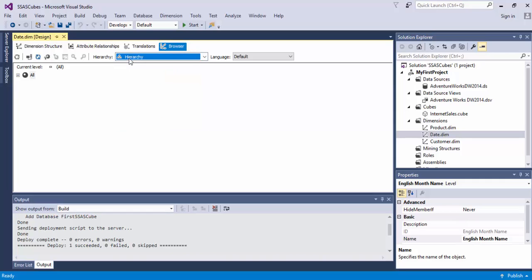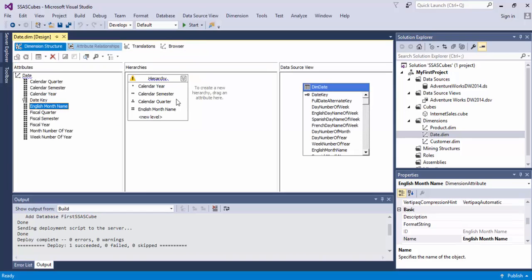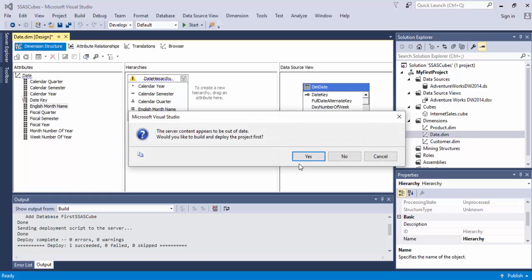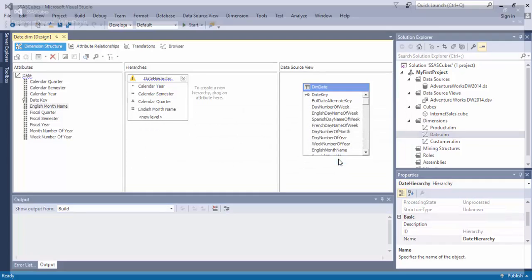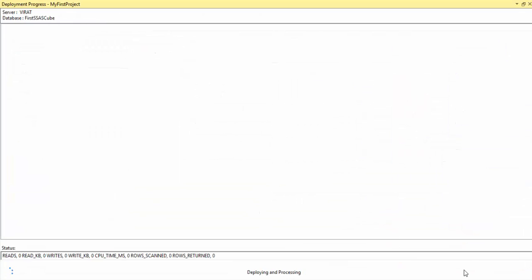I have the hierarchy, but I have to rename it. I'll go to the dimension structure again. I'll rename the hierarchy. I'll rename it as a date hierarchy. I have renamed it. After renaming, again I have to process it, because any changes you make, you have to process that hierarchy. I'll again process it. Now I'll be seeing the date hierarchy, the name as date hierarchy,